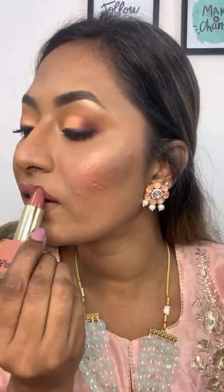I'm just gonna run it on the center. Just dabbing it. Yeah, this definitely looks more peachy. So that's how the lipstick color is looking. Probably I would add a pair of falsies once the live session is done, but yeah, this is the makeup